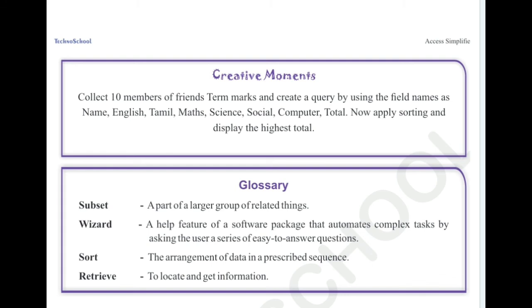What you have to do is create a table in MS Access with the column headings. Using query design view, you can create a table and enter a few more rows of data, just 6 or 7 rows. Enter it and go to the sort options in queries. You can sort the table values from highest to lowest, ascending to descending. The highest value of total to the lowest, and you can display the highest total. So these are the steps you have to do to complete this task.